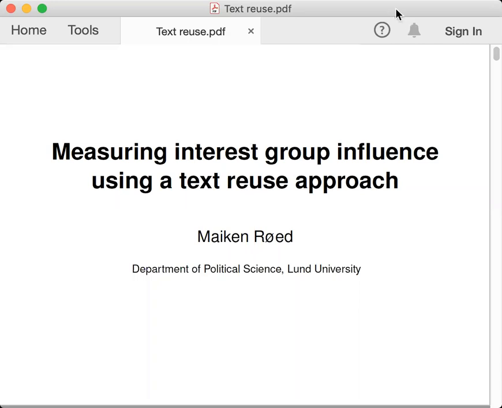So, given the topic of the group, I thought I would just present the text reuse approach and the method I use in this paper more than the application itself. But I'm open to talking about it in the Q&A afterwards and all of that. Okay, so as Clint mentioned,